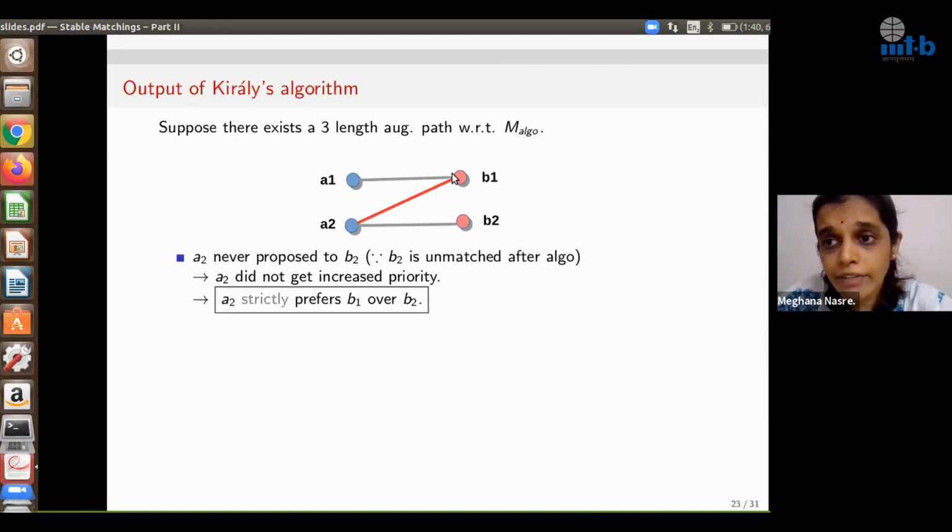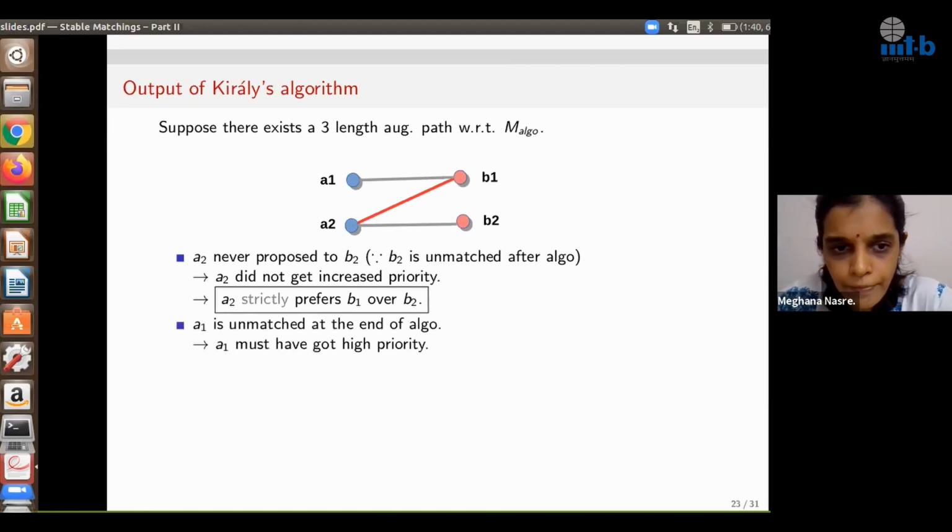Now is the second part, where we need to show that B1 also strictly prefers A2 over A1. If we do that, then we have a blocking pair. So what do we know? A1 is unmatched at the end of the algorithm, and if a man is unmatched, it must have got increased priority by our algorithm. Note that our algorithm has executed, so it must have got increased priority, and with increased priority,